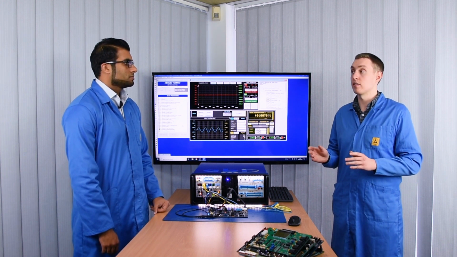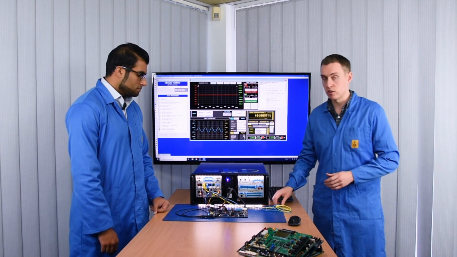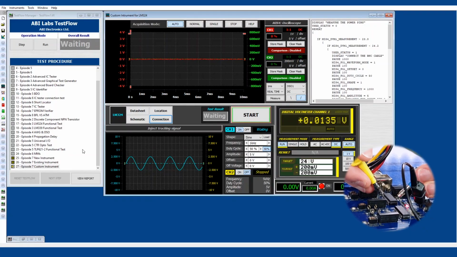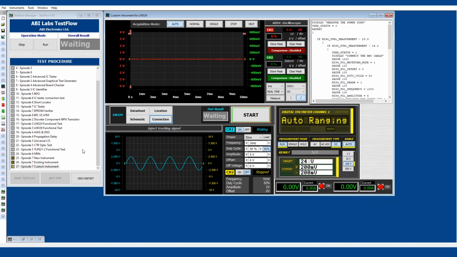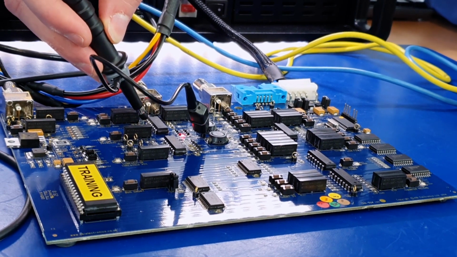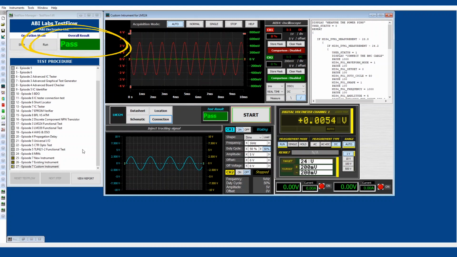In this test I'll be testing the voltage across the device using the voltmeter from the MIS4, and then we'll also be testing the amplitude of the output signal with the oscilloscope as well. So I'll measure the device with the probes from the MIS4 voltmeter like so, put it across the device. I should get about 24 volts, wait for the beep, say that it's passed, fantastic, and then I can measure the oscilloscope on the outside of the wave. There we go, and that's the amplitude of the output signal.